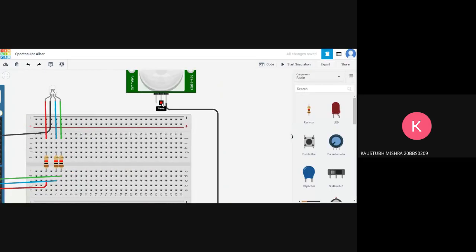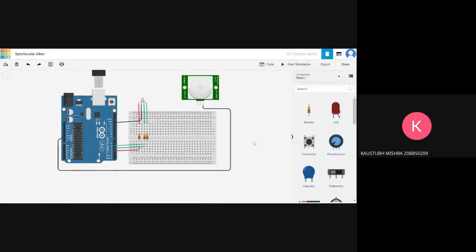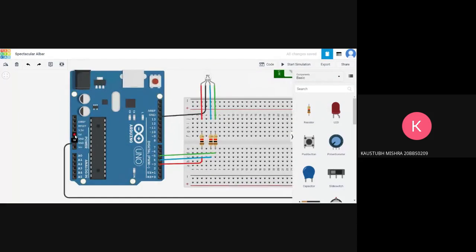Then for the power, we need to connect it to the 5-volt pin. So I will just connect it right now. As you can see, the 5-volt pin is over here just above the ground.